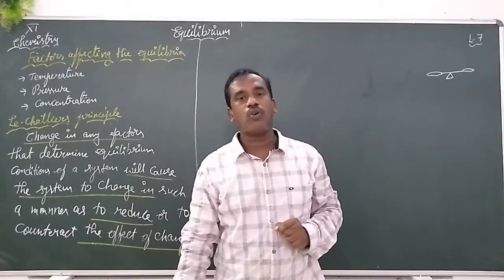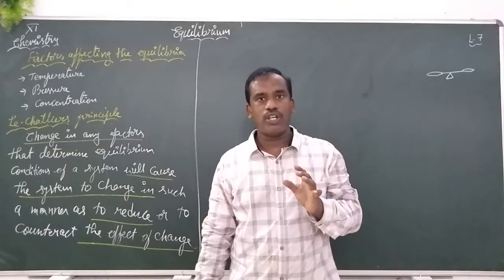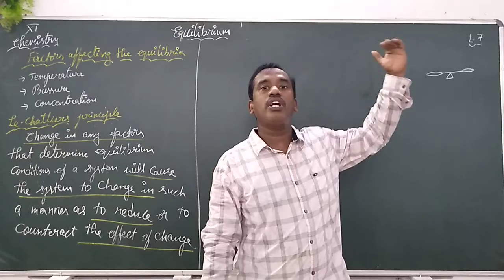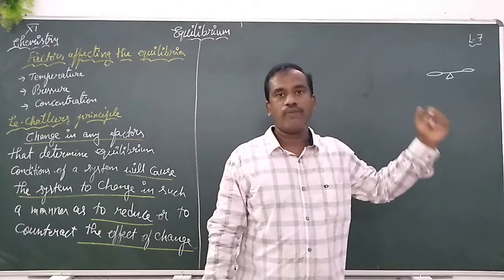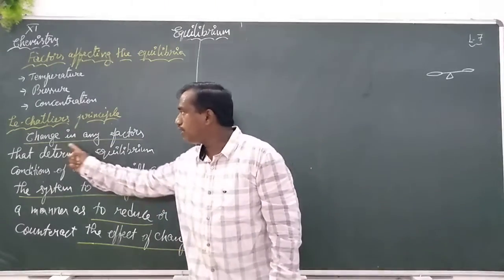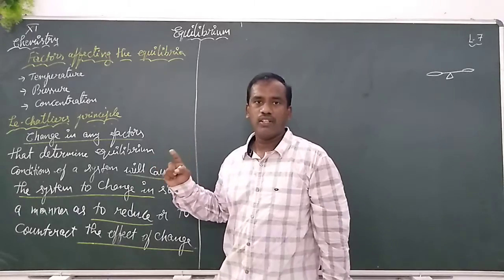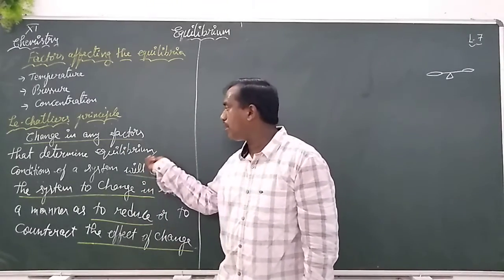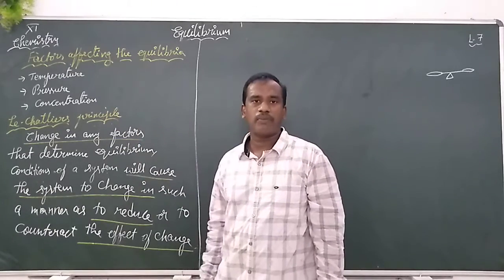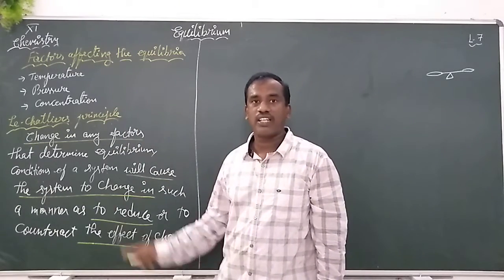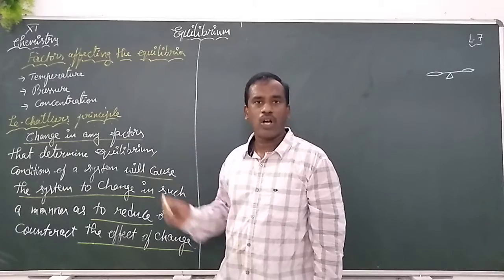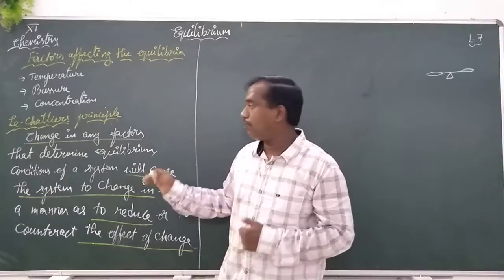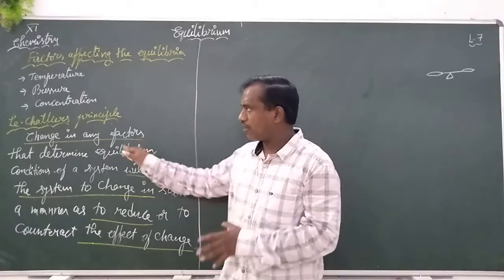When we bring a small change on one side of an equilibrium system, there will be a change opposing it. Change in any factor that determines the equilibrium. There are three factors that determine the equilibrium: temperature, pressure, and concentration. When there is a change in any of the factors that determine the equilibrium conditions of a system,